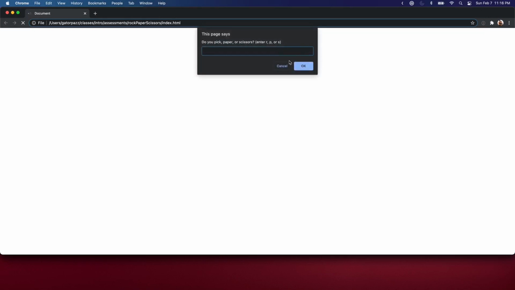So in terms of keeping track of wins and losses, like it says in the instructions, you're going to want to make those global variables, meaning that they shouldn't be inside your loop. And then you're going to want to increment them anytime you win or lose or tie. So you're going to keep track of them outside your loop, and at the very end you're just going to alert them like this. You won X number of times, you tied X number of times, you lost X number